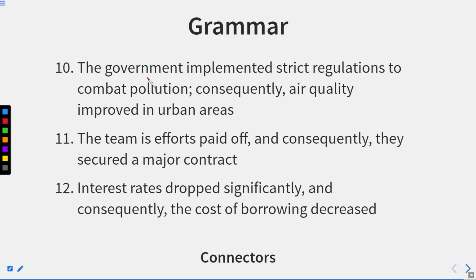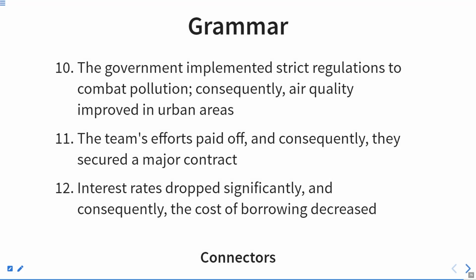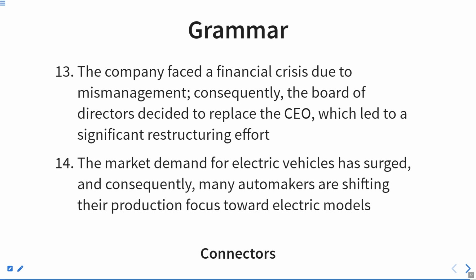The government implemented strict regulations to combat pollution. Consequently, air quality improved in urban areas. Now you can see the 11th sentence. The team's efforts paid off, and consequently they secured a major contract. Interest rates dropped significantly, and consequently the cost of borrowing decreased. The company faced a financial crisis due to mismanagement. Consequently, the board of directors decided to replace the CEO, which led to a significant restructuring effort. The market demand for electric vehicles has surged, and consequently, many automakers are shifting their production focus toward